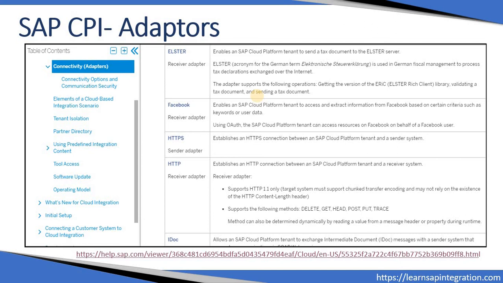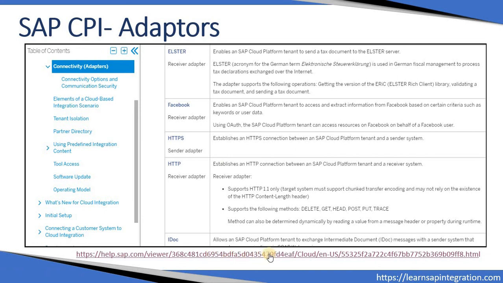Along with all the adapters supported by PI and PO, CPI supports more adapters, mainly cloud-based adapters. There is a Facebook adapter, a Twitter adapter, and along with that, all the Ariba and SuccessFactors adapters are available.